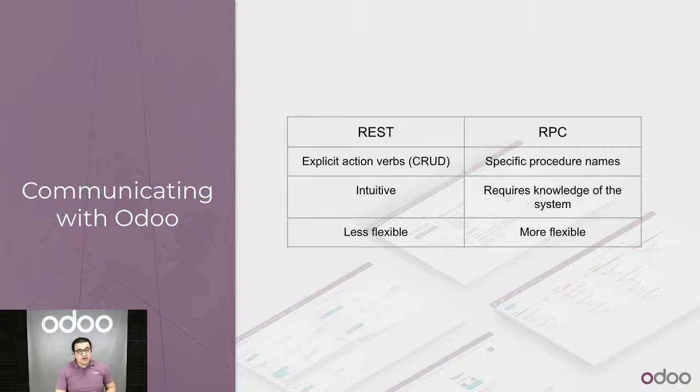What's the difference between REST and RPC? REST is more popular nowadays compared to RPCs. It usually has more explicit action verbs. So whenever you want to create a person, there is a route called person. You send a post request to it, and that's it, which makes it a little bit more intuitive. But at the same time, it becomes less flexible because you are limited to the full CRUD